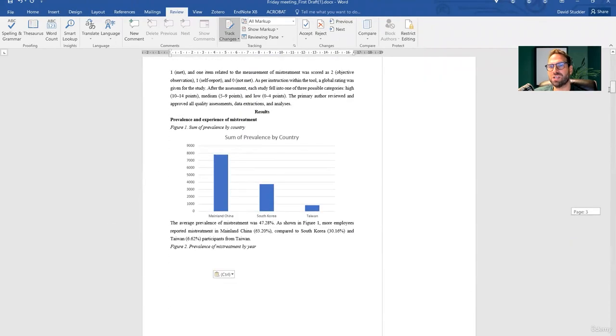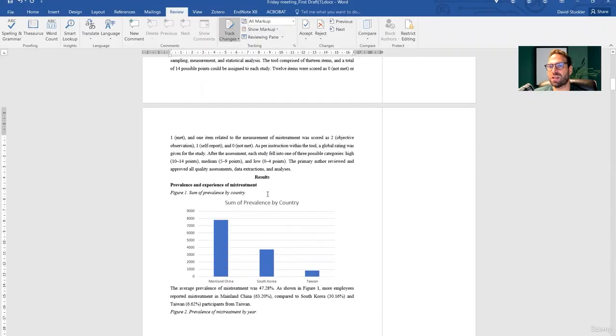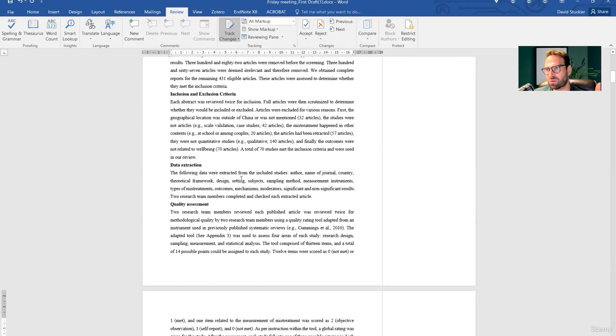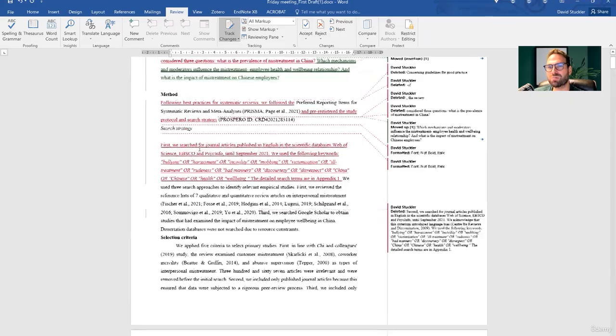Again, if you see the session on preparing your manuscript with Mohammed and others, you'll know that you want to get yours as close to journal quality as possible. So all these figures need to go to the very end of the document, where you have a table and figure set, and then you put it back in later. Okay, so first, we want to explain in the methods.